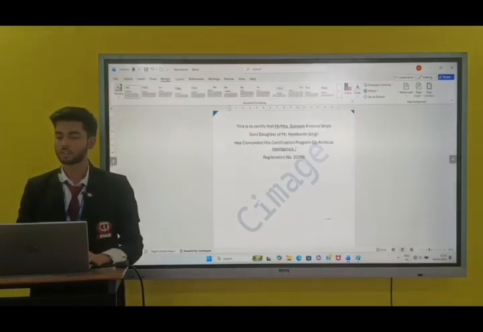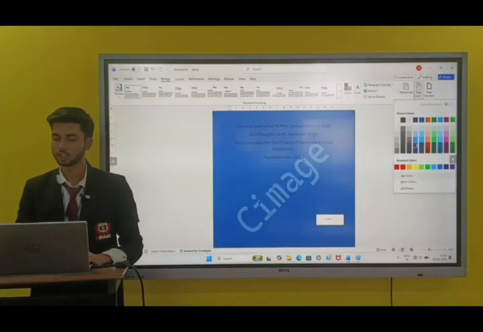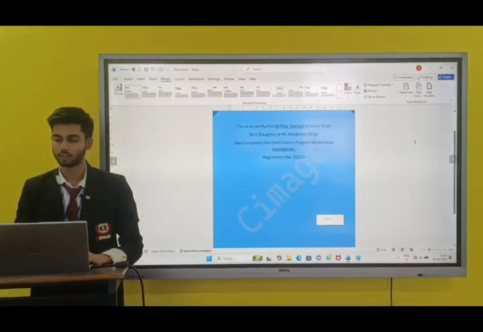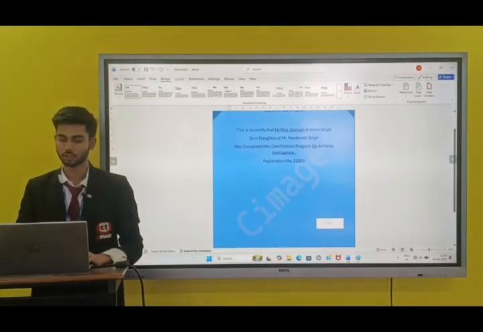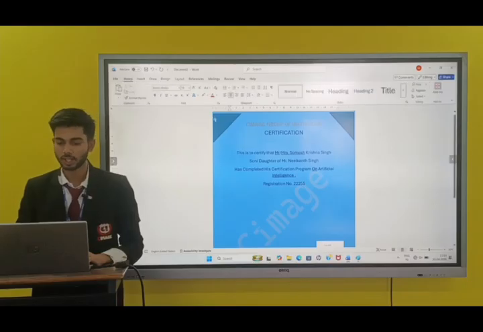After that, go to the Page Color option, and you can change the entire color of the paper. After that, go to Home and select the written words to make them big size.